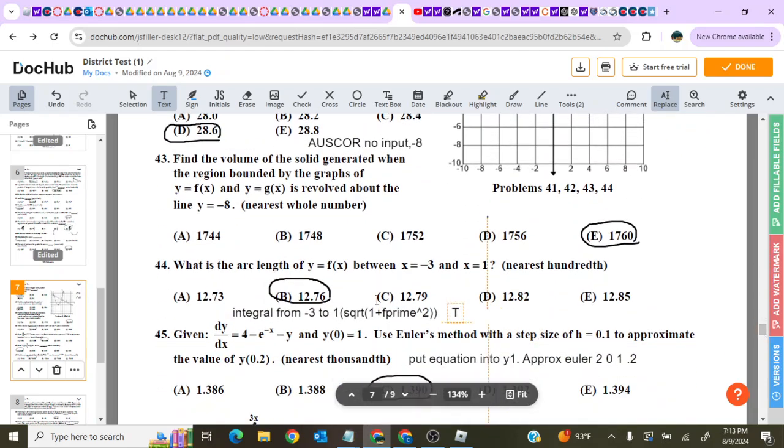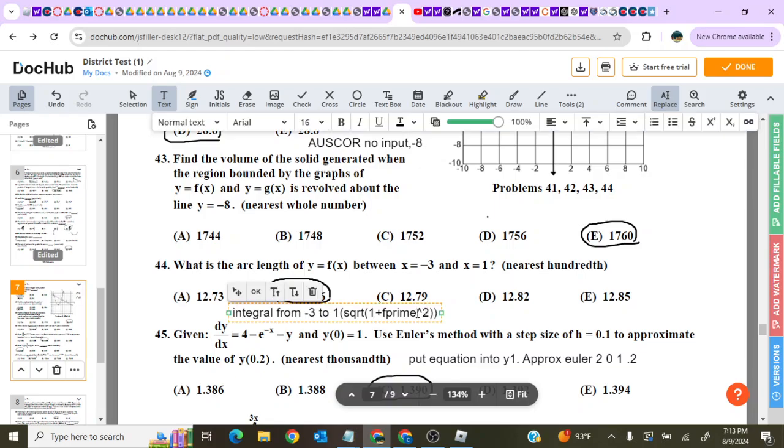Then what is the arc length of your equation? Arc length of a, what do you even call it, function? Yeah, the calculator calls it function, is the integral from your two bounds of the square root of 1 plus the derivative of your function squared. And the derivative is done before squaring, by the way. So if you do that, you will get a value of